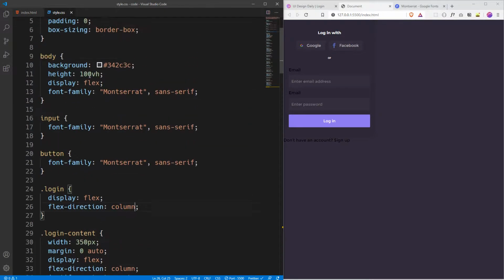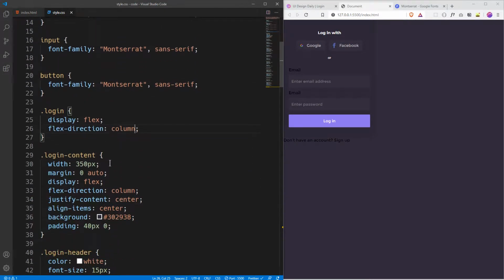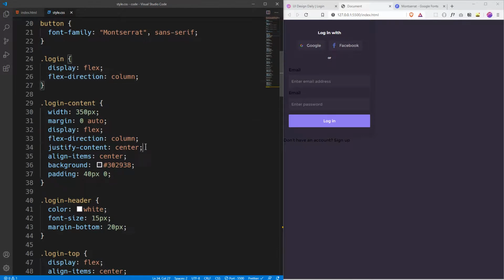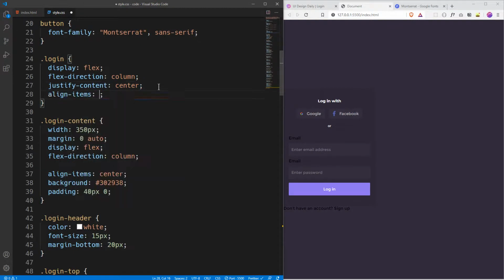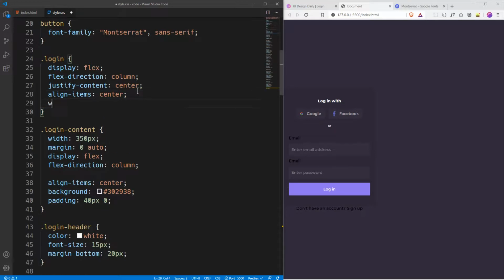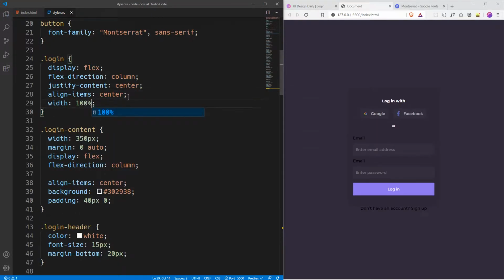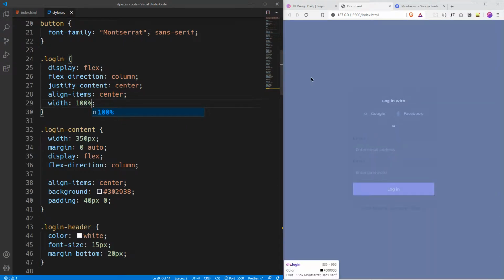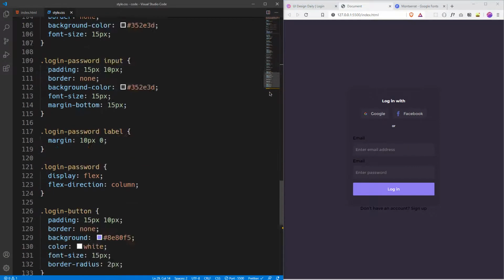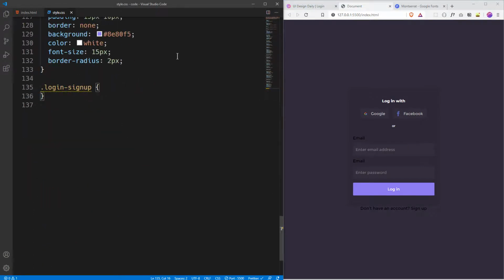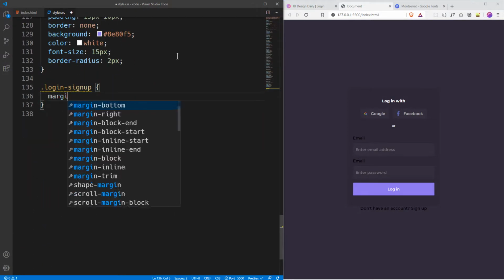But for the body we have put height 100 vh and the login content, so copy the justify content center, and also I'll put align items center with 100%, and just like that we have everything working. So I guess, just with the problems, I guess you guys could solve it. At least I know it's my fault, but